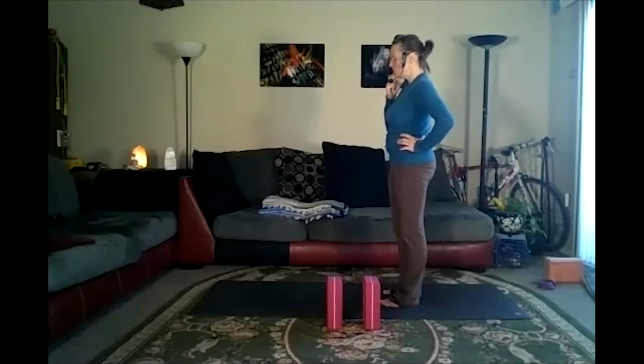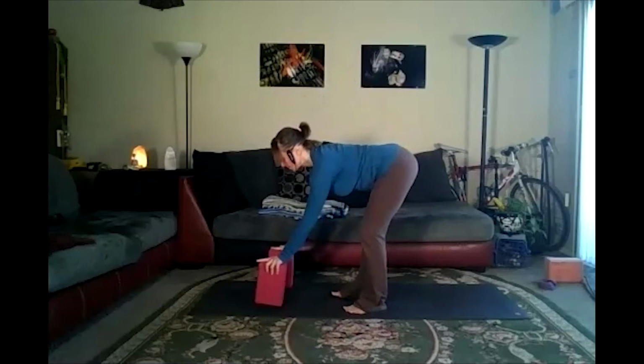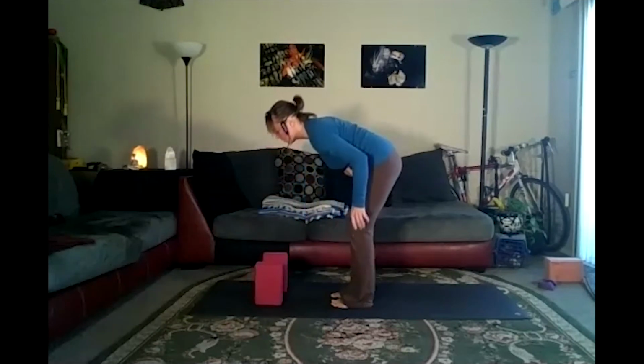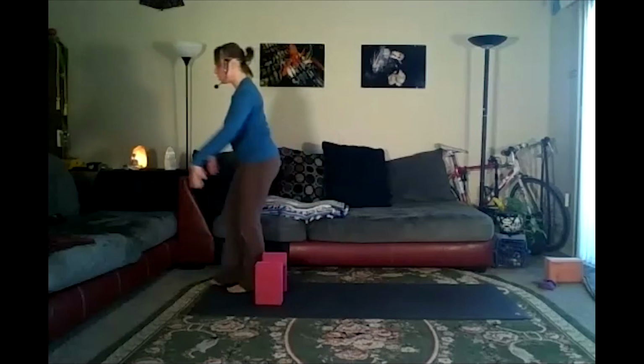Let's come into a warrior 3 type flow. If you have 2 blocks, you can use those. I recommend putting your hands on something. Of course, you can work with hands on the floor, but I really want you to connect to the core. And by core, I do mean low abdominals in this case. So if you have a chair or couch,